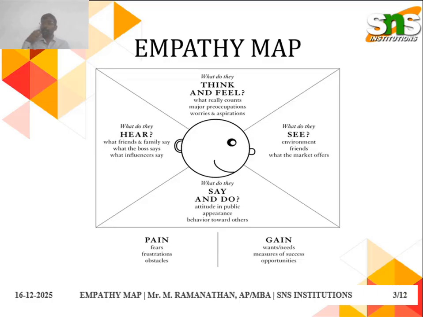Say and do is what the product's function is all about, what it is trying to do, what the future of that product is. From this, what are the pain points and what are the gain points? If I am having a product like a mobile, what are the gains or positive points about it, and what are the demerits or pains of that product? This is what the empathy map is all about. If you identify such pain points and gain points, you can arrive at the right way of empathizing,